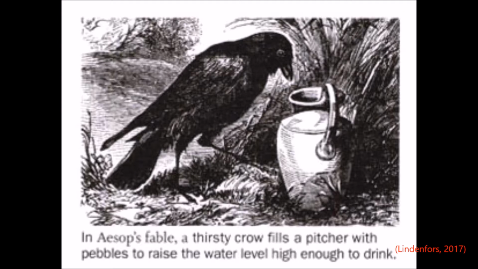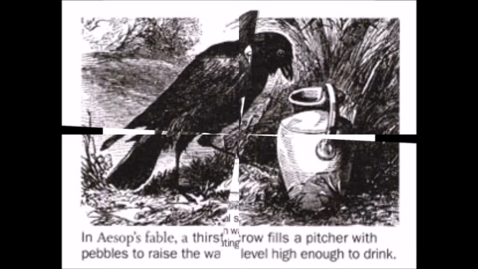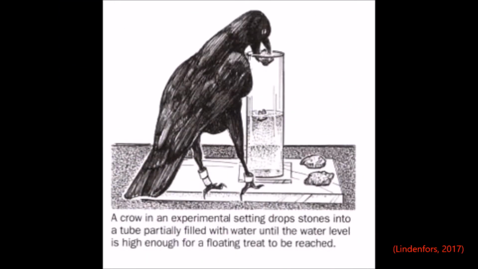This test is used because it requires a unique form of tool use, stone dropping into water-filled tubes, which is not seen in the wild and thus allows cross-species comparisons of causal cognition. In the experiment's simplest form, subjects are presented with a water-filled tube that contains an out-of-reach floating food reward. To solve this problem, subjects must drop objects into the tube to raise the water level, thus bringing the food